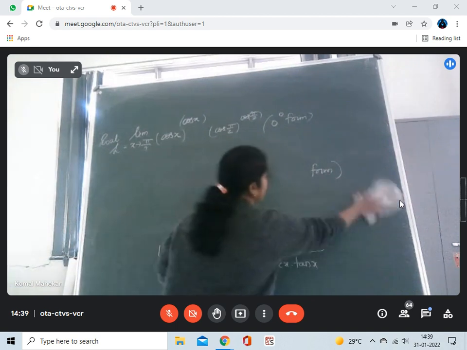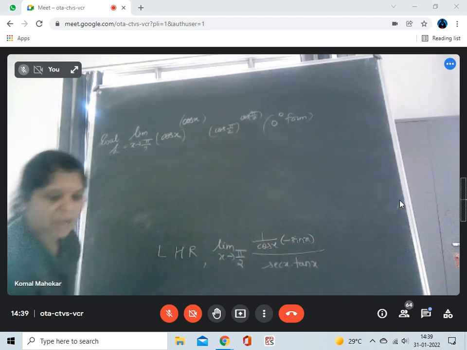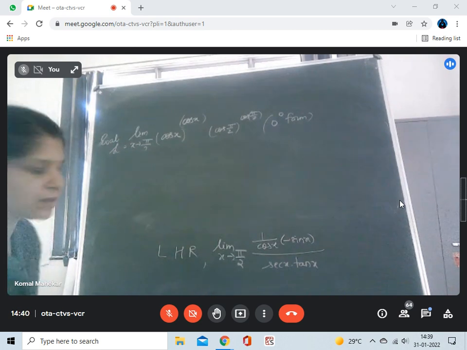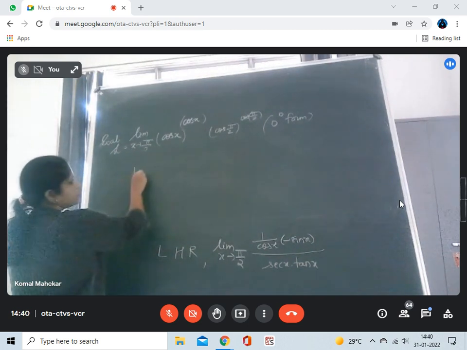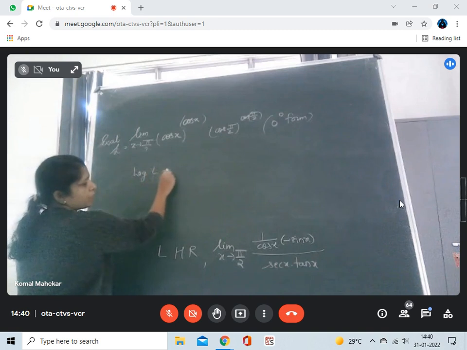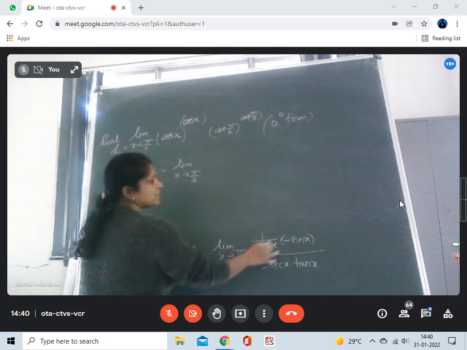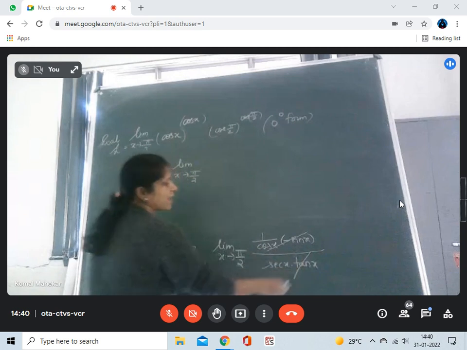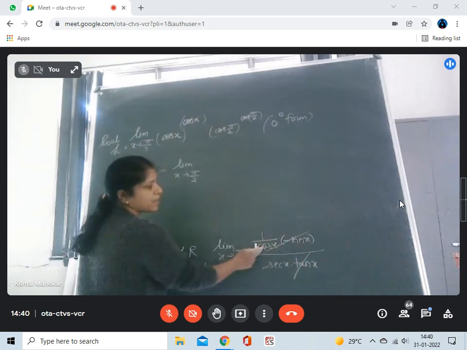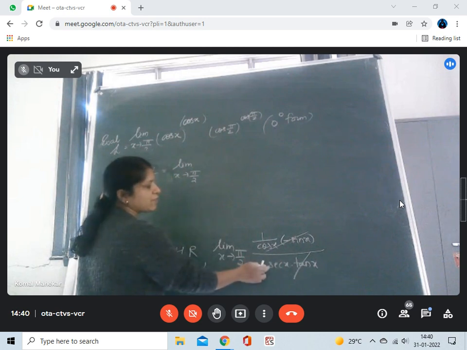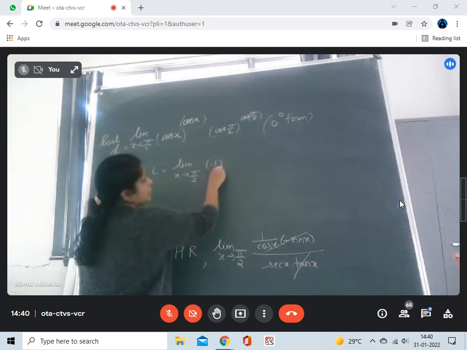Find out the value of log of L. After simplifying this, whatever you get is the value of log of L. So log of L is equal to the limit as x tends to pi by 2 of minus tan x times cot x. The tan x gets cancelled, sin upon cos, and this is tan, so tan gets cancelled and we get minus 1